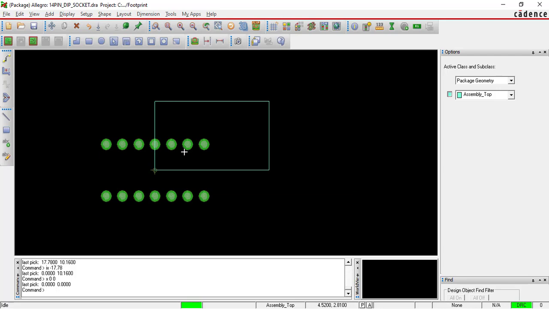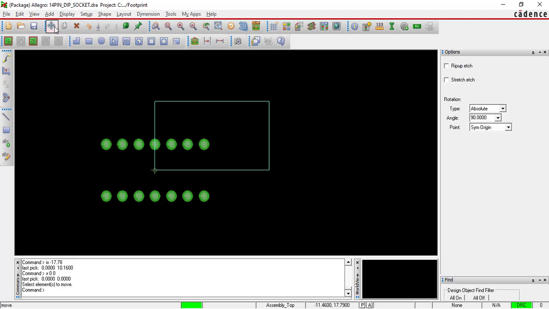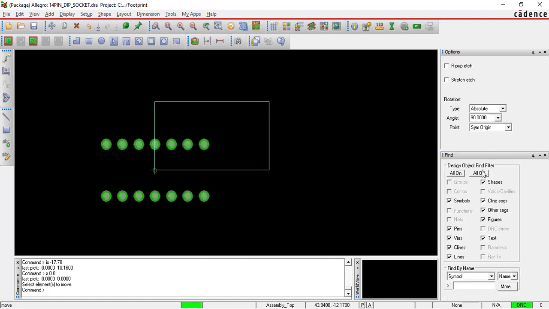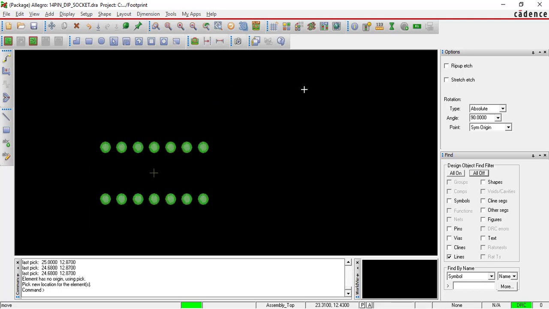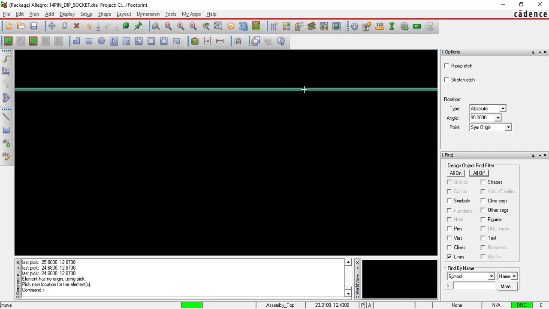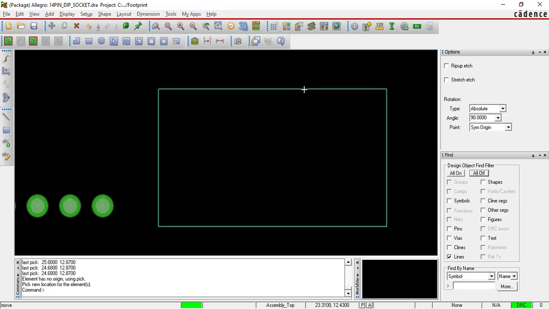We have to move our assembly line to the center of the pins. Then how to move it, I am telling you. Go to the Move option, just follow my mouse cursor. See here, the Find window is there, click All Off, keep All Off, check Lines only. Now select the line. It is moving by the mouse pointer, meaning where I have clicked, it is moving by that point only, but we have to move by body center.